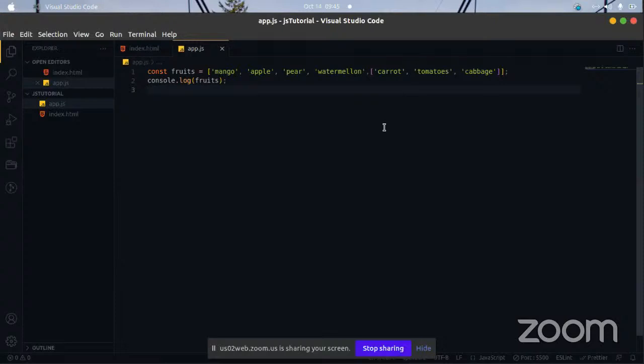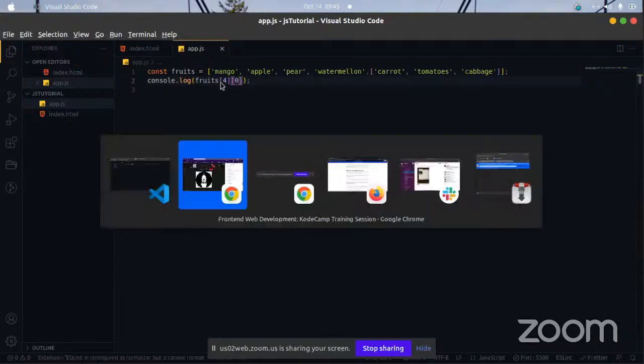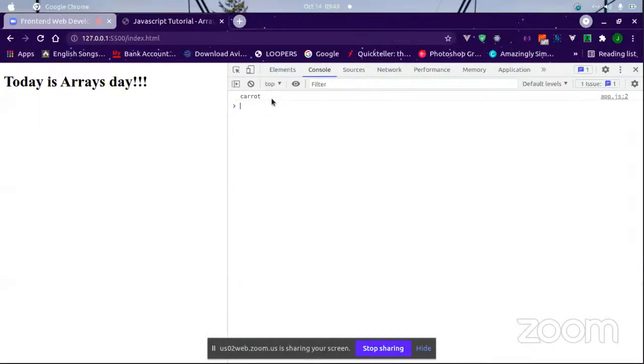So if we console log fruits and we say number 4, and because there's also another array in it, put another bracket and then say 0, we get carrots. Yes, like this.